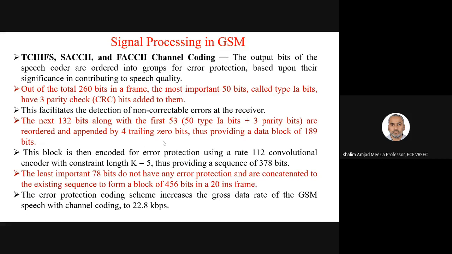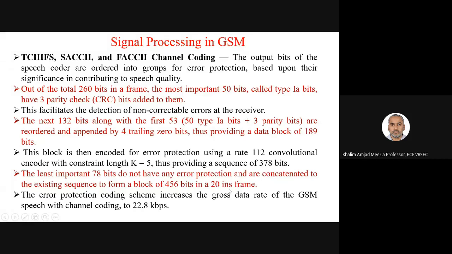4 trailing 0 bits. Now, upon doing this, you will have a data block of 189 bits. This block is then encoded for error protection using a 1/2 convolutional encoder with a constraint length k equal to 5. So if you pass through this encoder, you will get an output sequence of 378 bits. The least important 78 bits do not have any error protection, and they are concatenated to the existing sequence to form a block of 456 bits in a